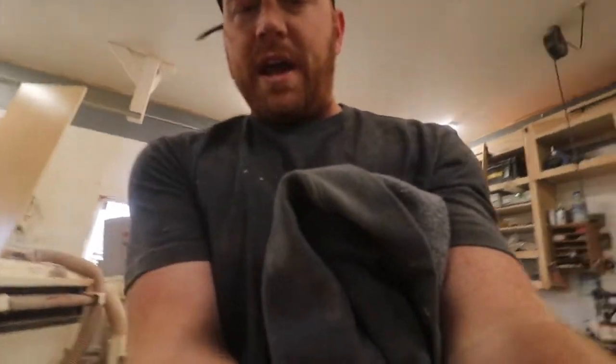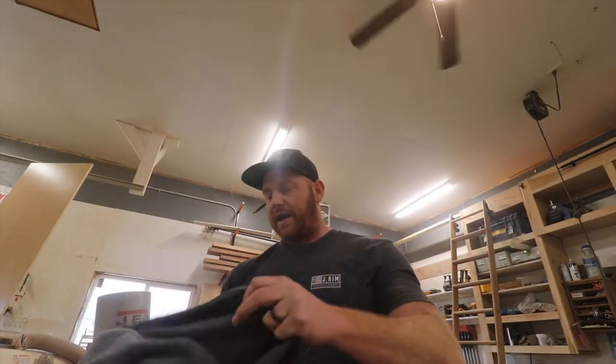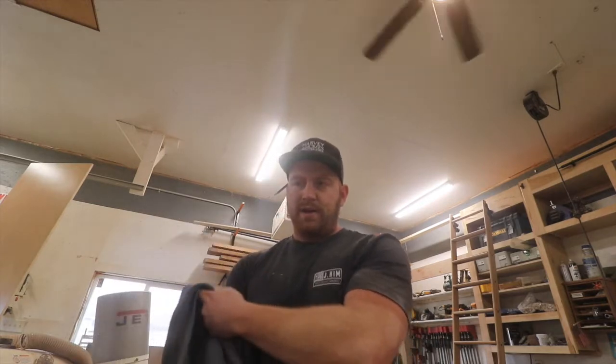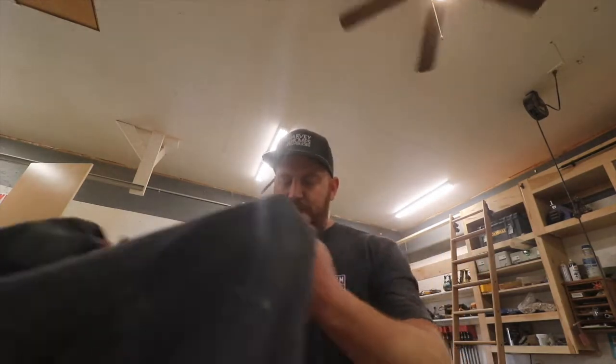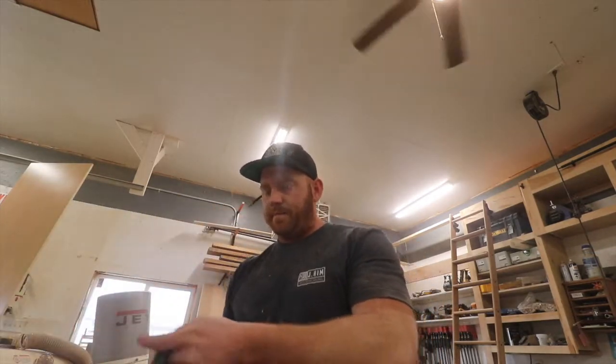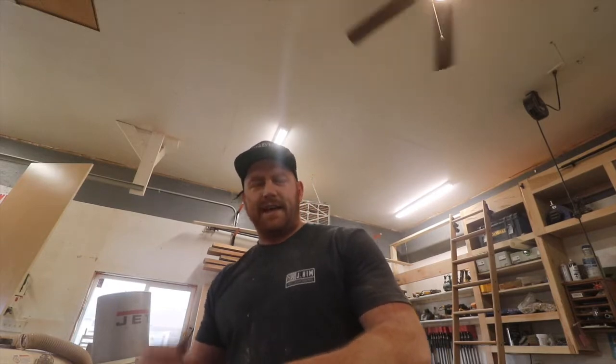Mike's got the panels stained. I was gonna get them in the morning, but if I go get them tonight, it'll give me a nice little break here for a half hour, get out of the shop. I've got a new way I'm gonna install these, because these are gonna be hardwood instead of veneer, so obviously it's gonna want to expand and contract. I just came up with a new little way I'm going to install them, and I can save a lot of on-site time if I just go get them now